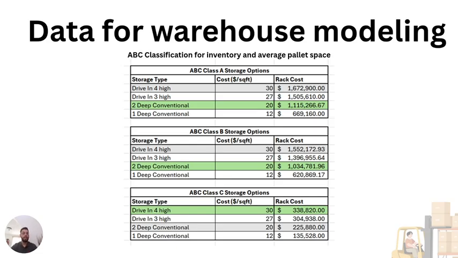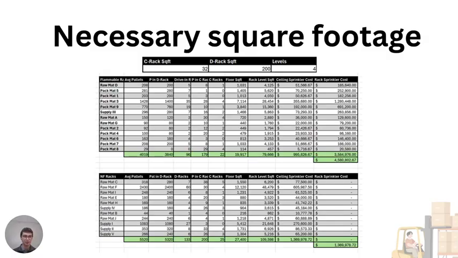The cost is calculated by multiplying the square footage allocated to each ABC class with the cost per square foot. So here, going off the presentation from my partner, we have the necessary square footage and all the data that we use to analyze the costs of the warehouse and all the racks and the pallets that will be inside of it. So we have two different tables, one for the flammable racks and one for the non-flammable racks, and both of them include the average pallets that are going to be in each one of the materials,